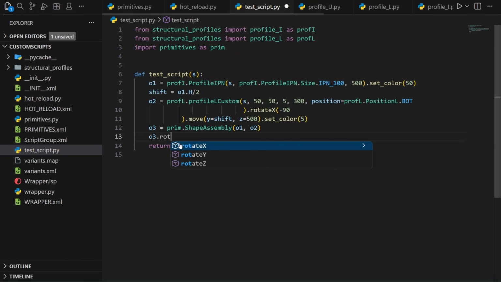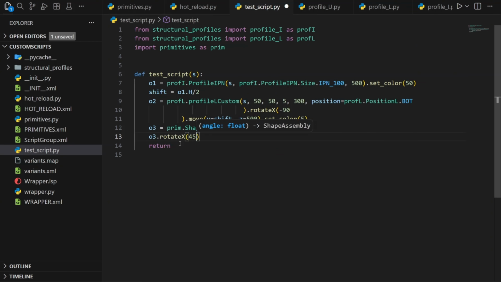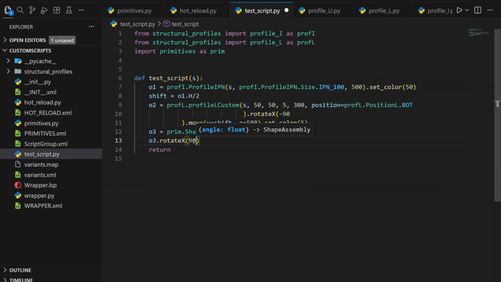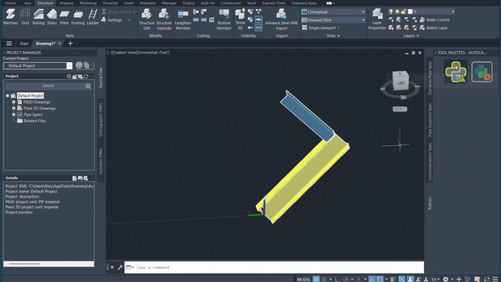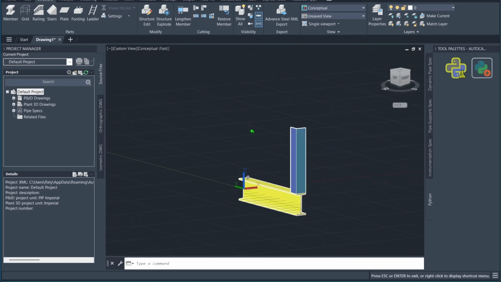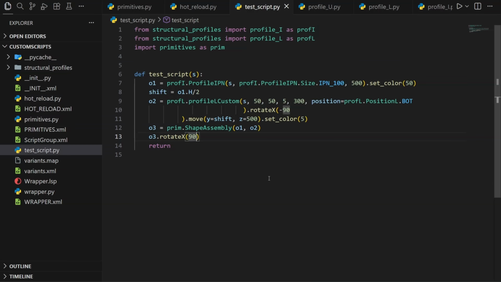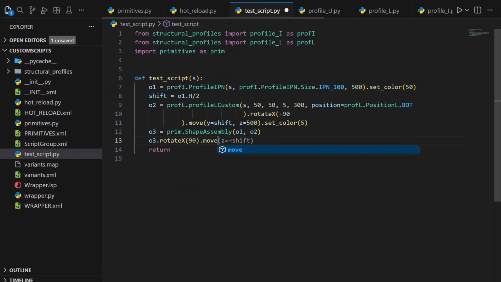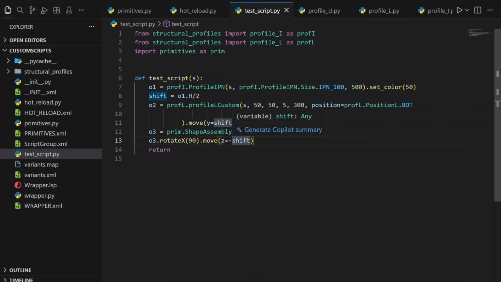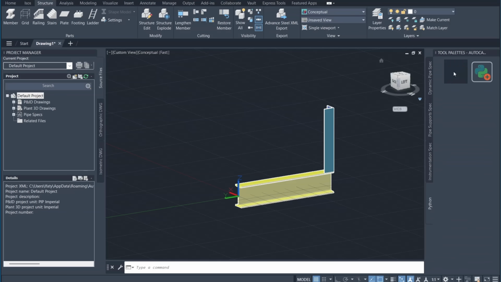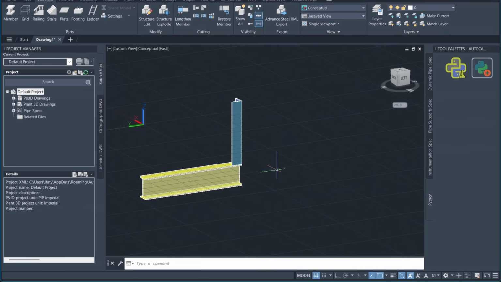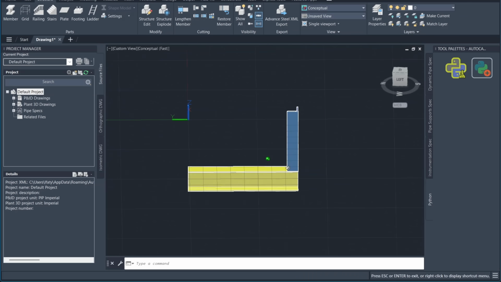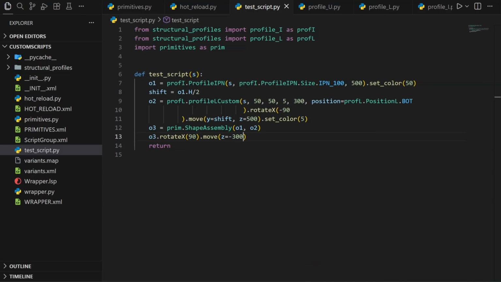So we assembled these two bodies, and we can move this assembly, we can rotate it as this assembly, but actually it has two bodies. So two bodies remain, but assembled. You can see it is rotated by 90 degrees, but all the colors are still remaining. And let's move it down on 300 millimeters. Let's check. Good. So feel free